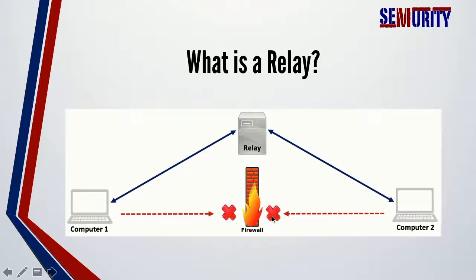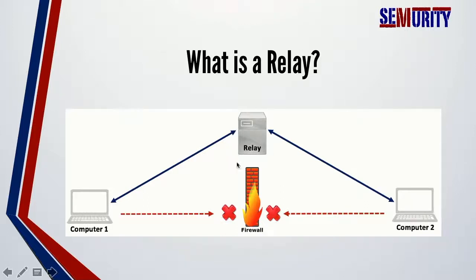However, we are lucky enough to have a third system somewhere, and that system is accessible by both of our machines, our machine and the target machine. It can access our system as well as the target system. And if we have access to this system, we can utilize this machine to act as a man in the middle, or particularly as a relay.